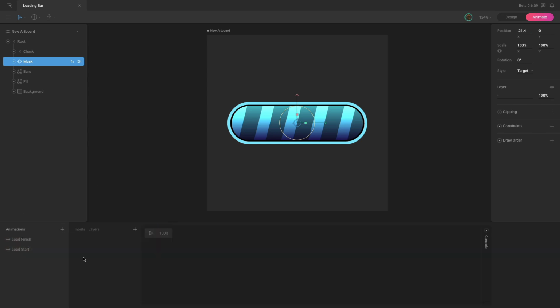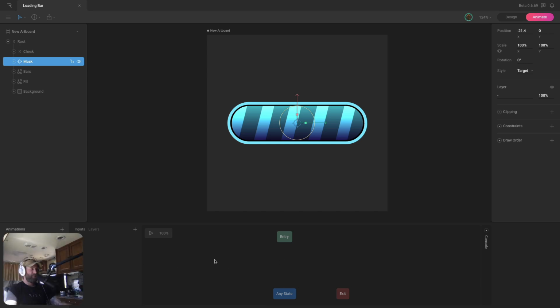So let's add a state machine and get it hooked up. So I've got my state machine. Now, instead of dragging both of these animations onto the graph, what I'm going to do is right click on the graph, hit add state, select the state, and then change the state type from single animation to blend 1D. Now, what the 1D blend state is going to allow us to do is add multiple animations to this and then control which animation is playing based on a number input. So let's go ahead and get all this hooked up so we can see how it works.